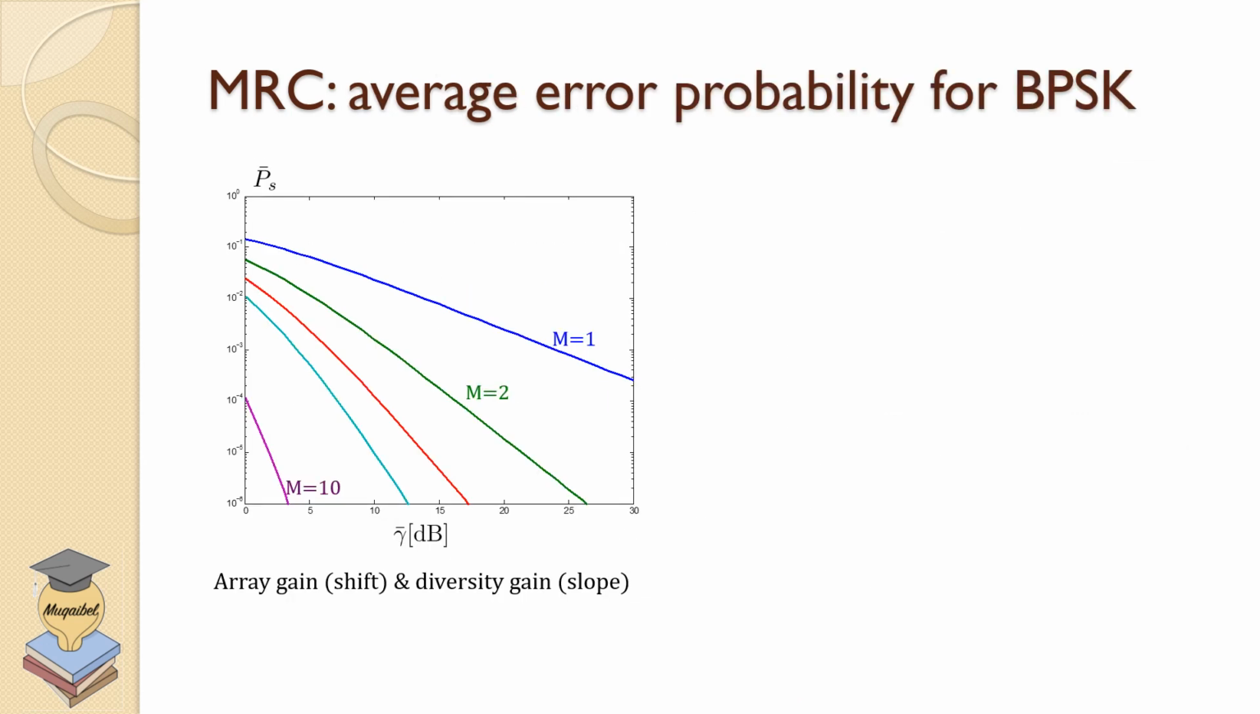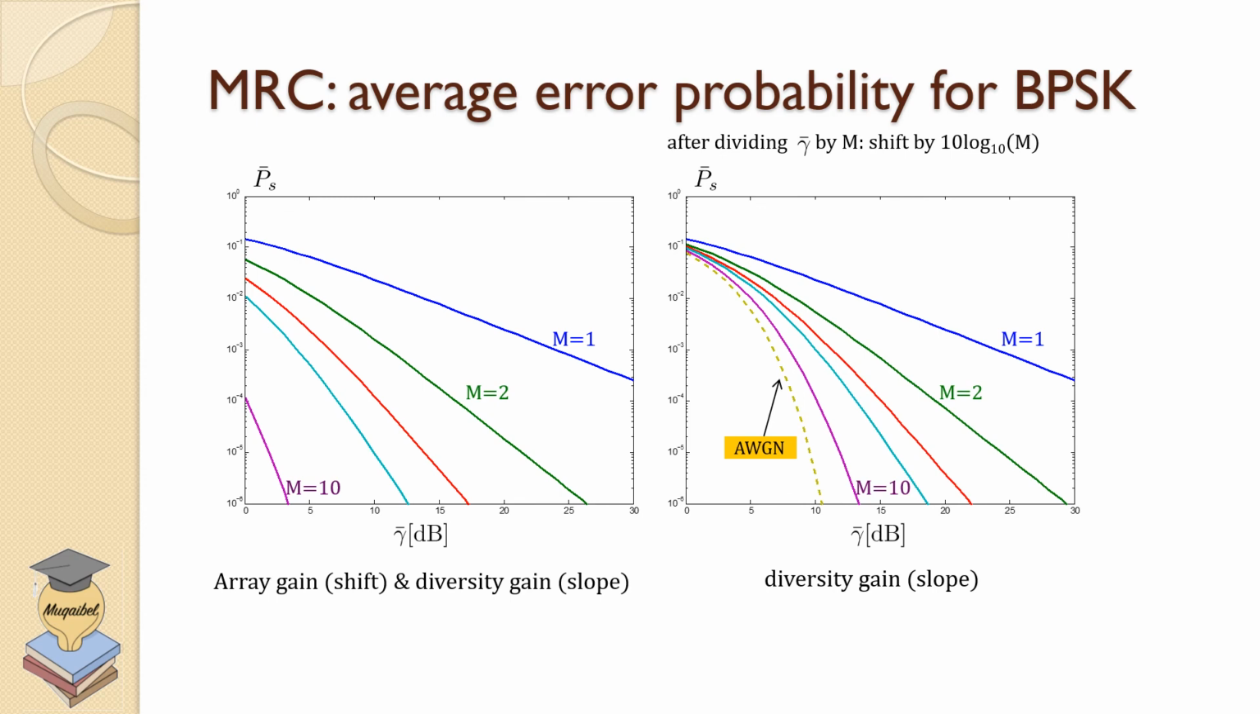The following curve shows the average error probability for the case of binary phase shift keying, and we can see on the left hand side that we have the array gain. Earlier we have seen the outage probability. Now this is the probability of error, P sub S, the symbol error rate. Okay, so now on the right hand side